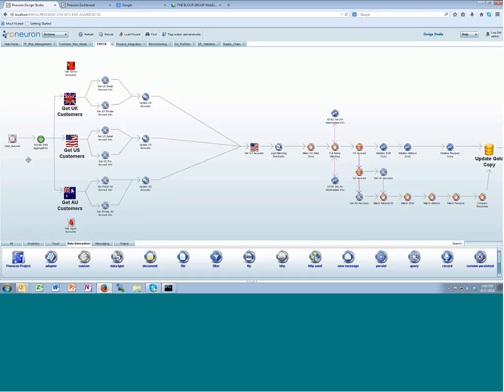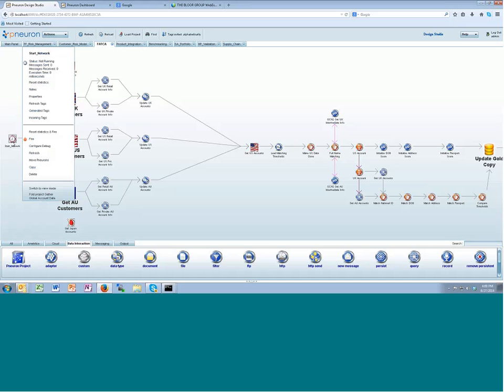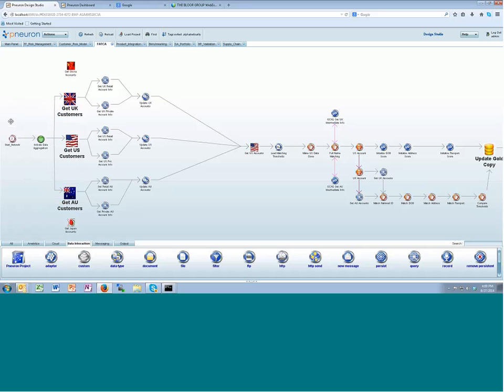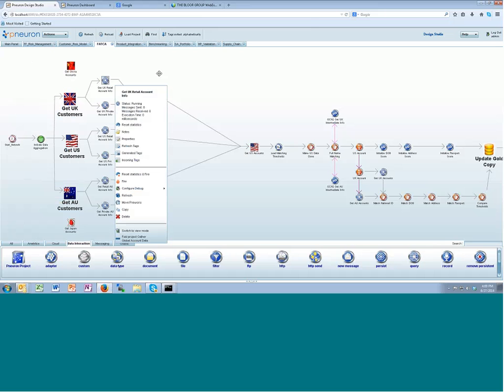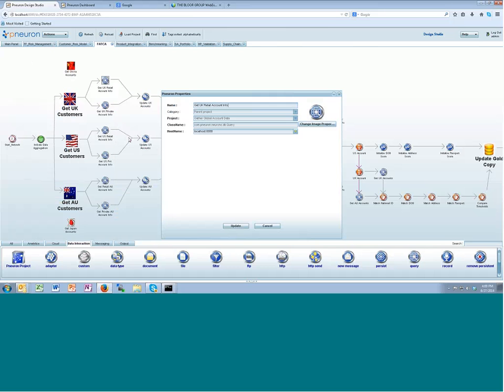You also have two other ways to execute individual networks. First, you can simply select from the menu the fire button, which will execute that neuron on an ad hoc basis, or because we have web service enabled all individual neurons, you can control the execution of the network from external applications. Our query neuron is a very commonly used neuron, and as I open up the properties,